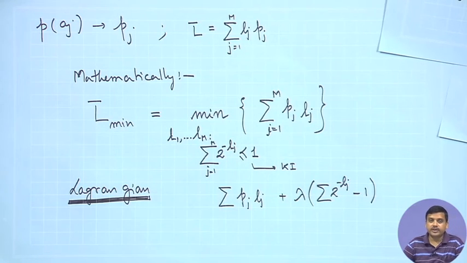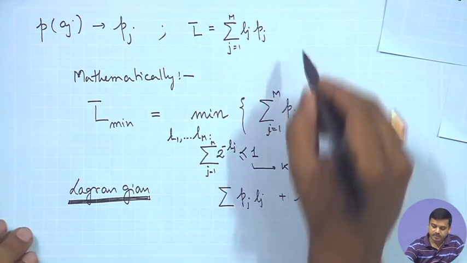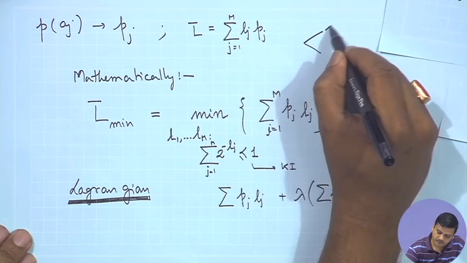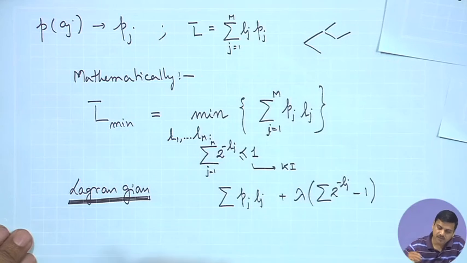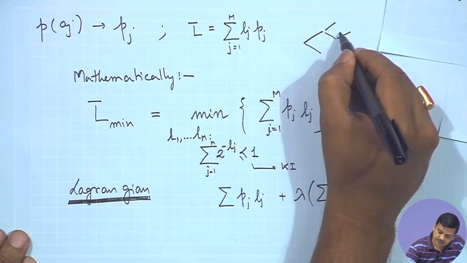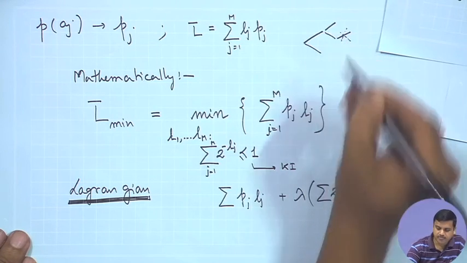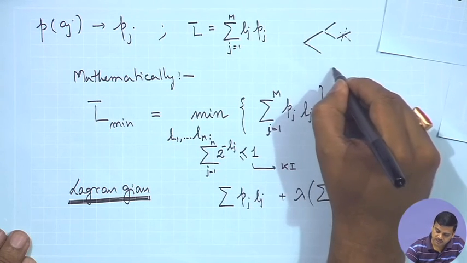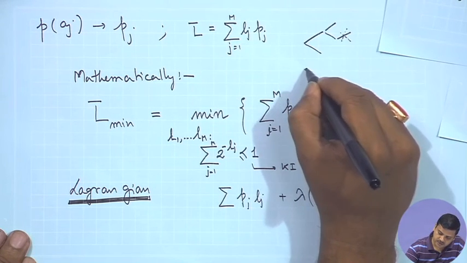That means, if the tree is not full, you can shorten the tree. If you can shorten the tree, the length becomes less. The previous condition was less than or equal to 1, but now when you have reduced the branch, if you remember, we had this tree and we said that this length is extra, you do not need it. So, instead you can draw a tree,